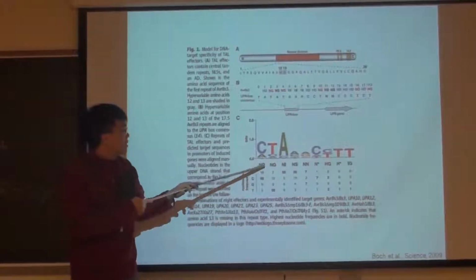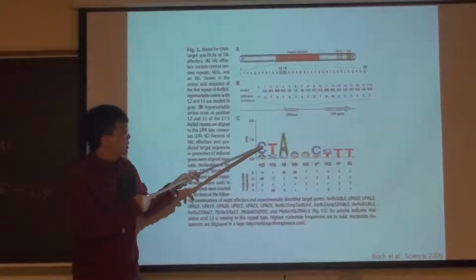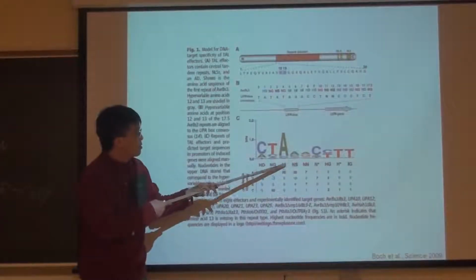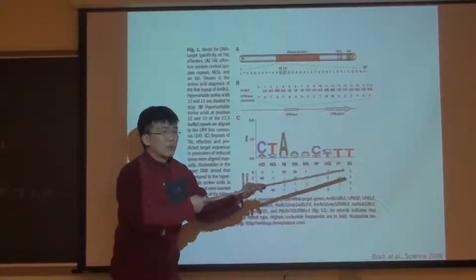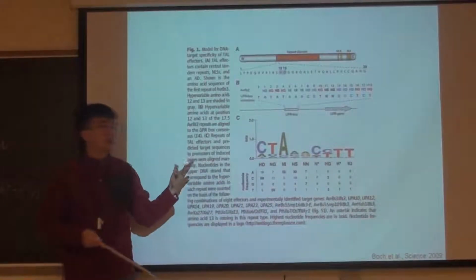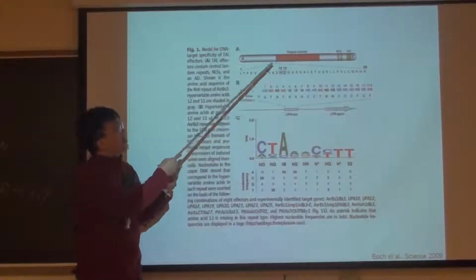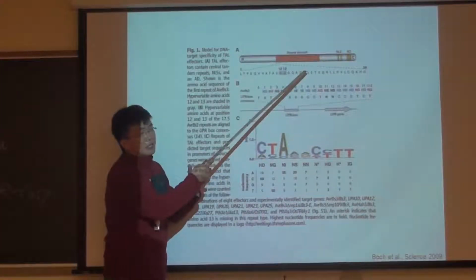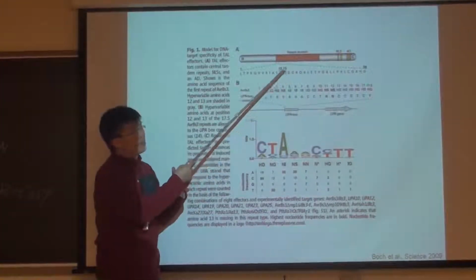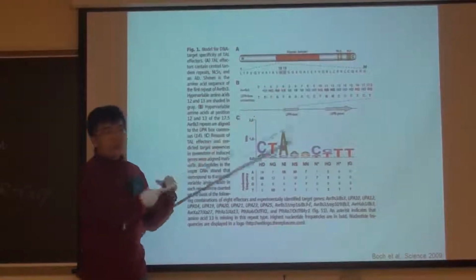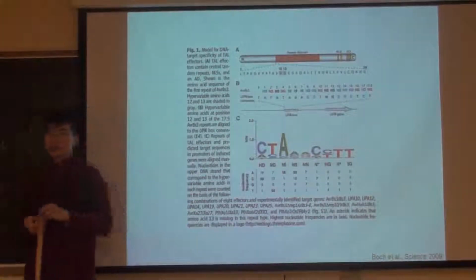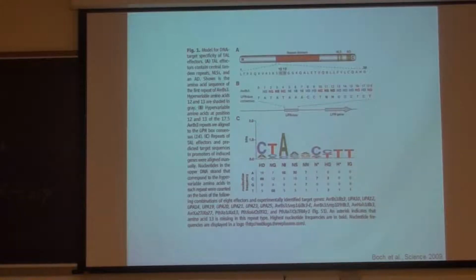If you have a certain amino acid combination, you will most likely recognize C. If you have this combination, most likely recognize A, and so on. So based on this information, you can simply engineer this protein just by changing the DNA sequence encoding for these amino acids. Then this can be used to target certain sequences